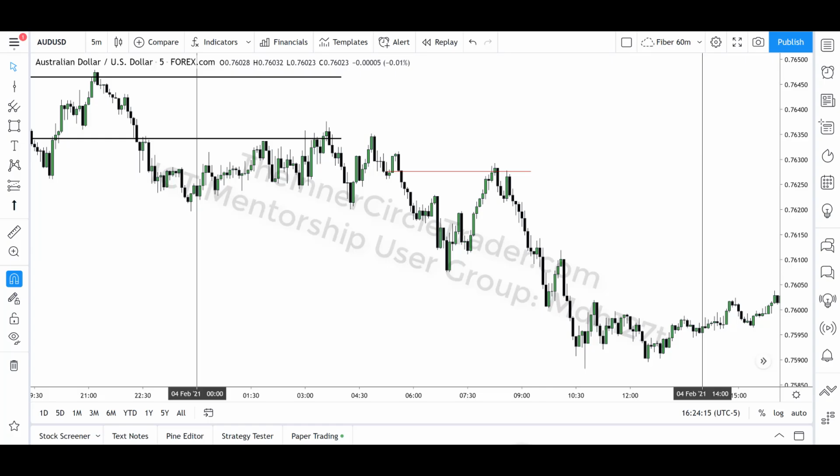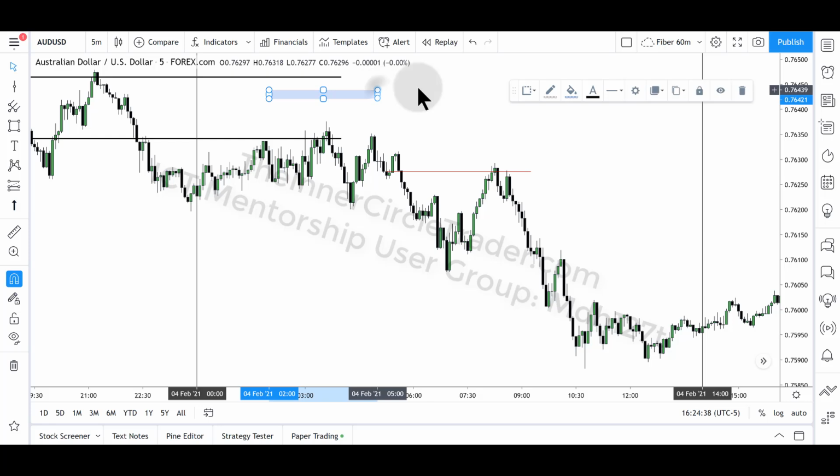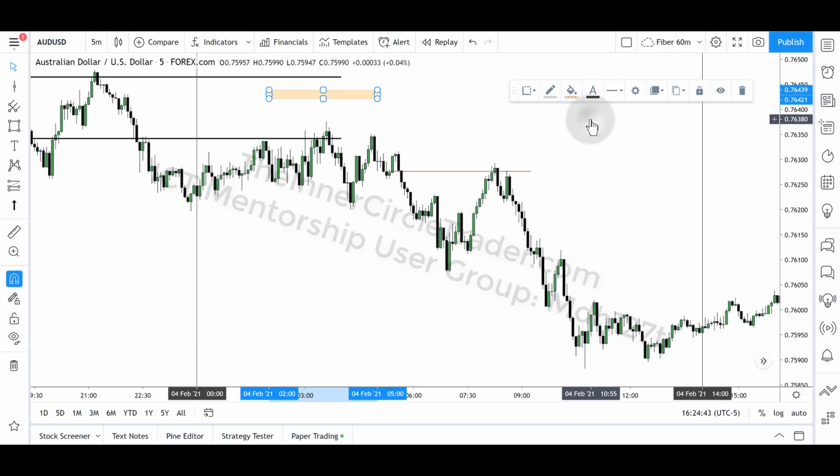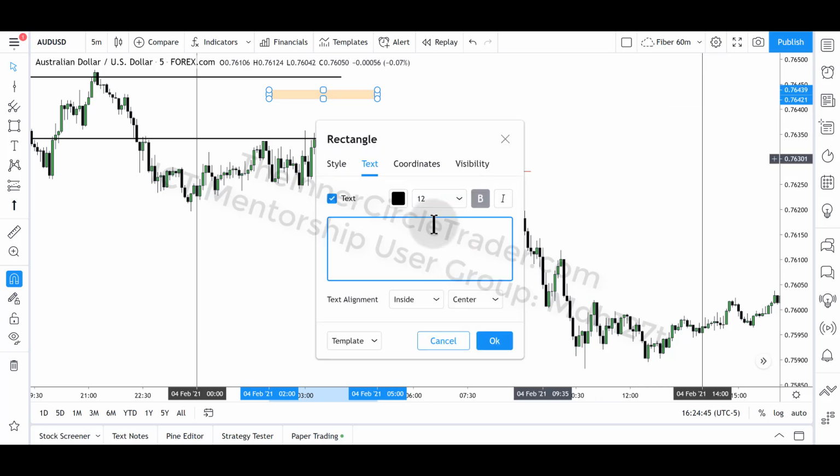All right, so we are looking at the Australian dollar, and I'm going to show you what I usually grab. It's the rectangle tool, and I try to find 2 o'clock in the morning on the time axis at the bottom of the chart, and I drag it over to 5 a.m. and notice that the time is set to UTC 5. Okay, and the way I add the annotation in the middle for the London Open Kill Zone, just simply type that in,